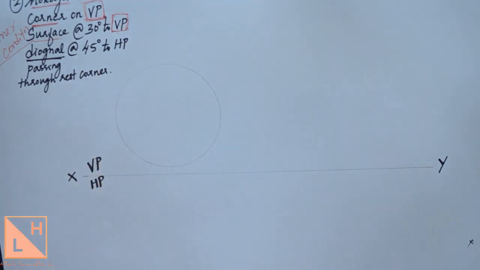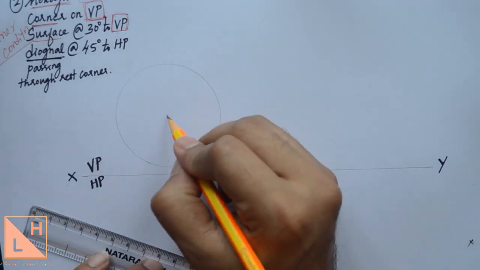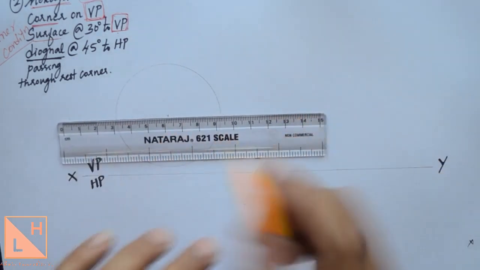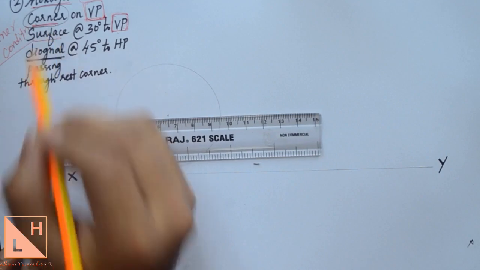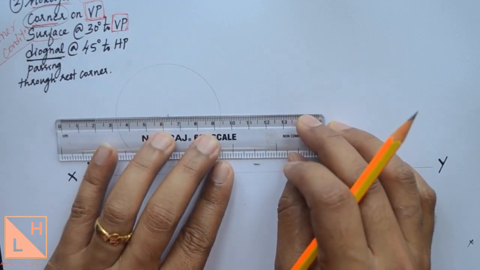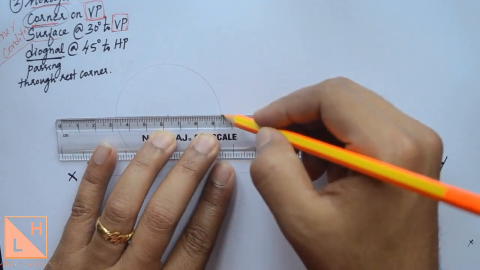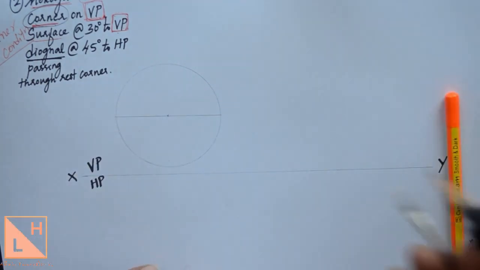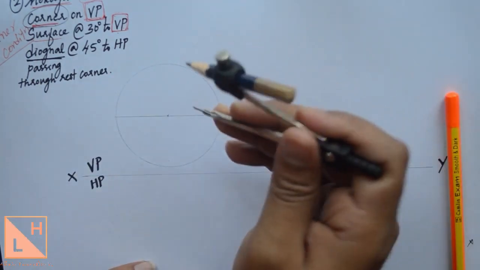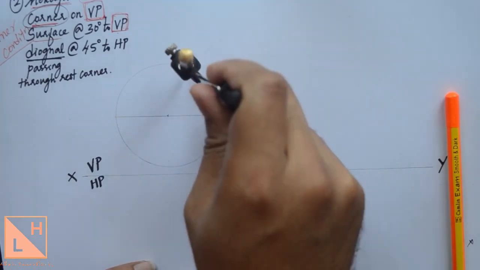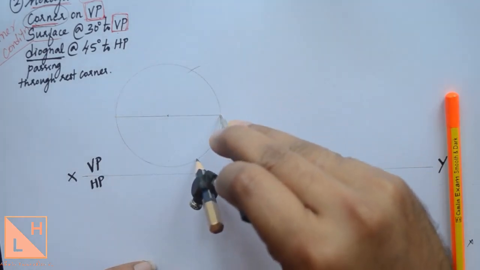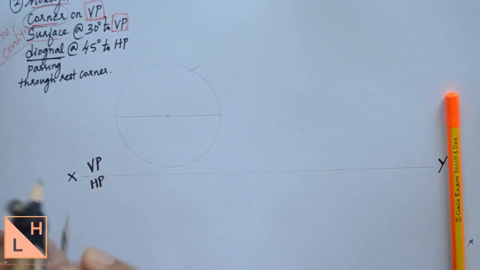So now I just need to locate the center and draw a horizontal line because the condition given here is a corner condition. So draw a line which is horizontal and passes through the center of the circle. And what we do after this, if you remember, is maintain that same 30 millimeters and cut the circle from the points that you obtained from the line.